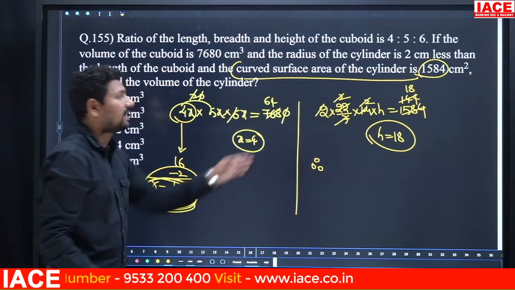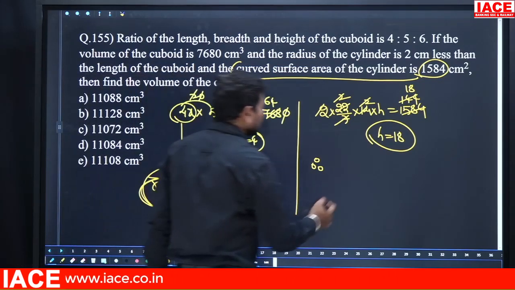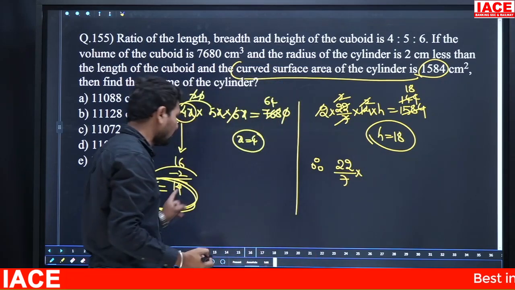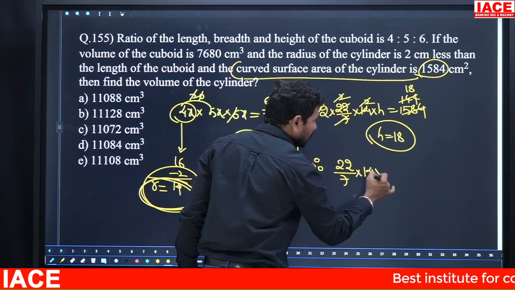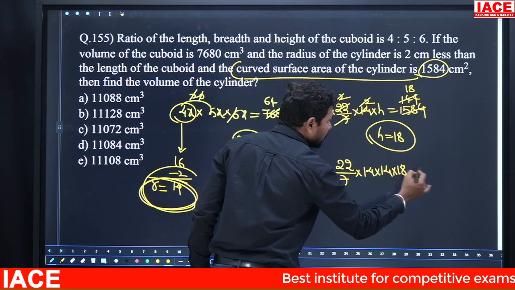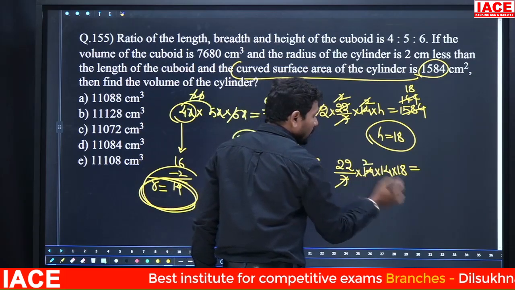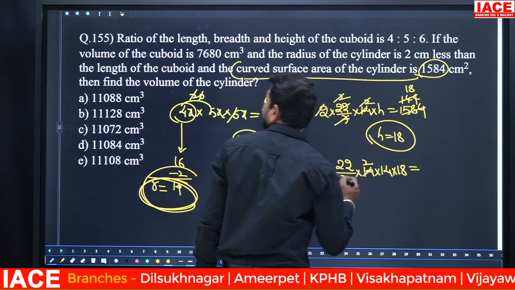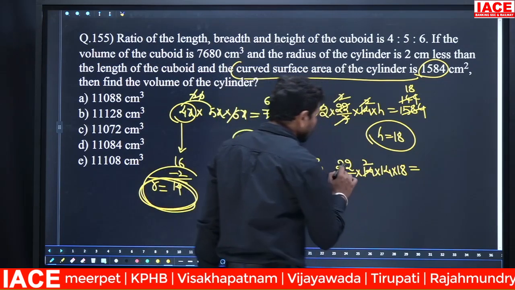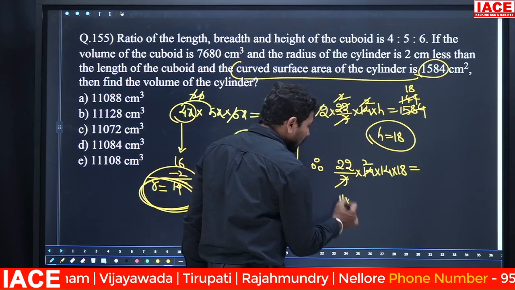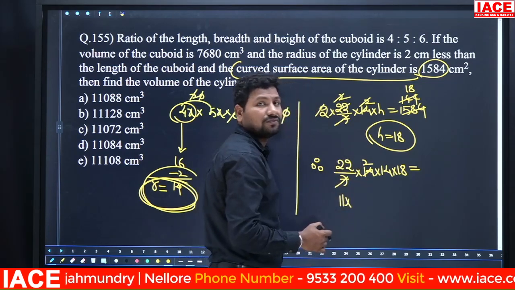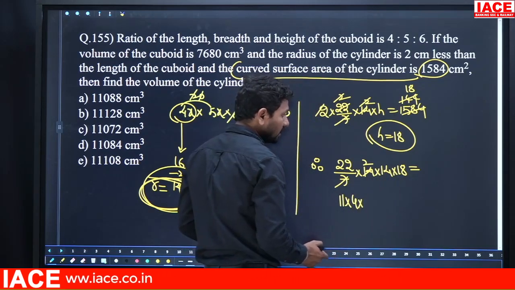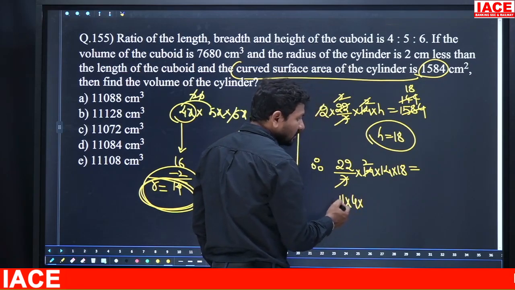Then with radius and with height you can calculate the volume of the cylinder, pi r square h. Pi value is 22/7. R square means you can write 14 square. 14 into 14 and h value is 18. We should multiply 7 to 14, how many times? 2 times. Then here the multiplication of 14 into 18 into 2 into 22. 2 into 22, here 22 we write 11 into 2, the value is 4, and we can multiply 14 into 18 also. 14 into 18, after that you can multiply with 4, after you can multiply with 11.